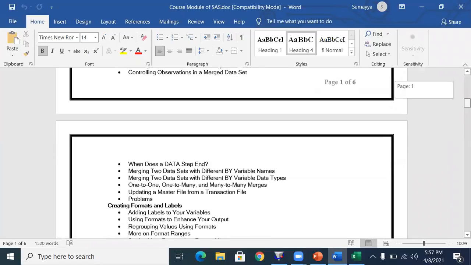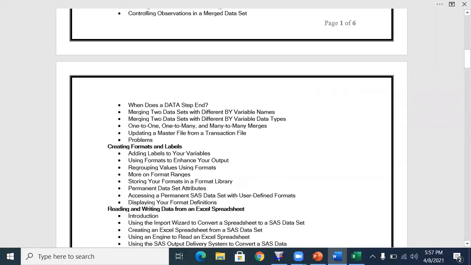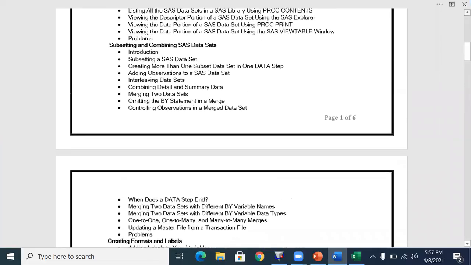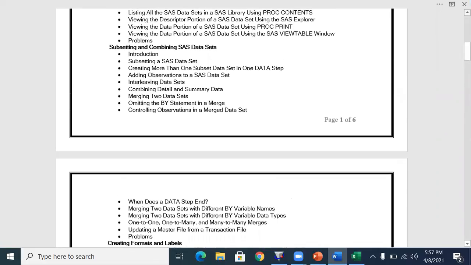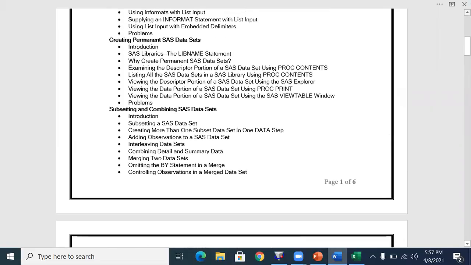You might have heard about merging, right? Because you don't get sufficient information from one data set, you need to combine multiple data sets together.